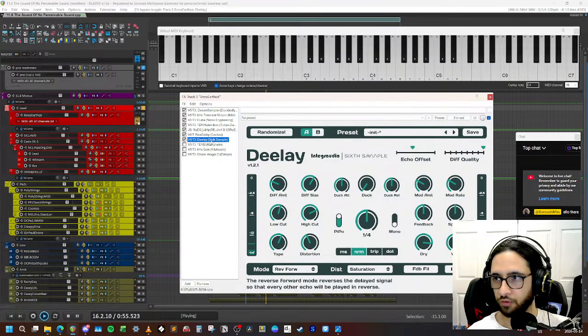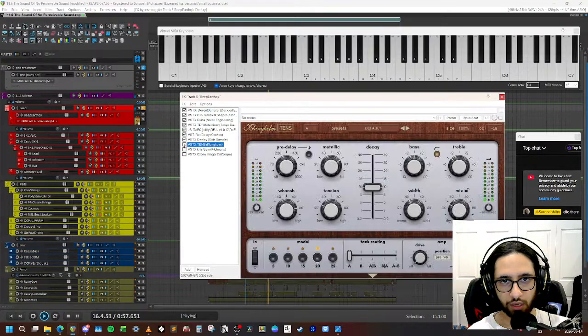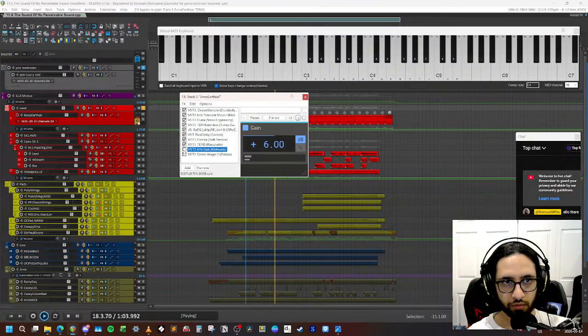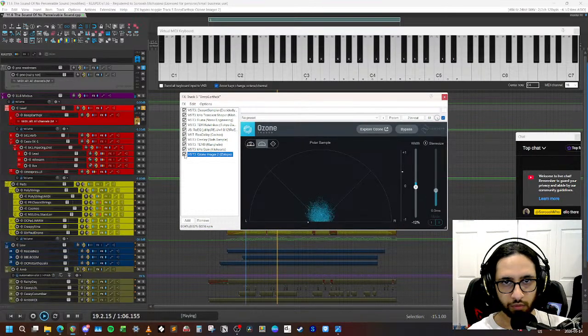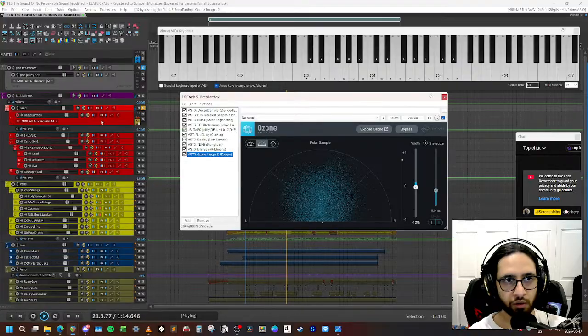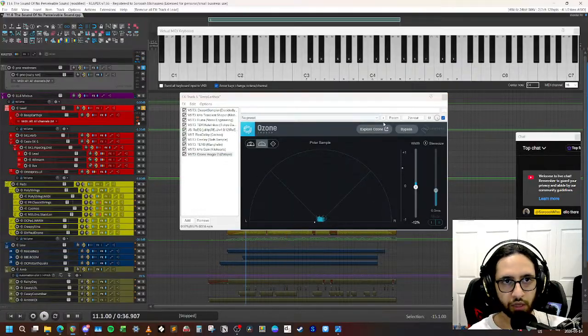It's a really good free plugin. Highly recommend. Then some reverb. And then I made it smaller in the stereo. Okay, so that's that sound.